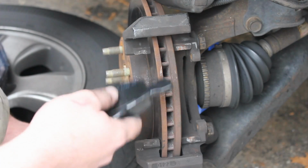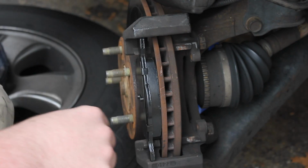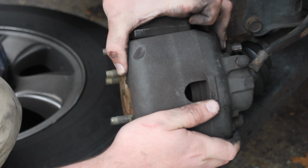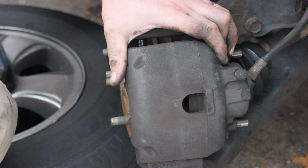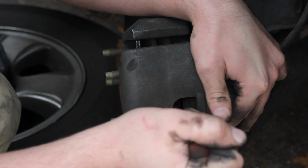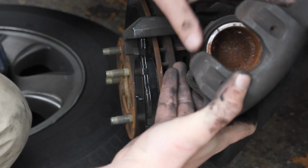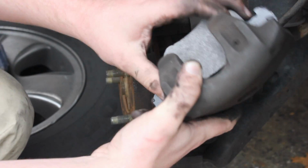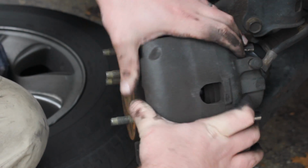Okay guys, now the next thing we're going to do is go ahead and compress the piston all the way back in. So I'm going to take my new pad right here, set it right there, and then I'm going to leave the other pad out. I'm going to set them in. Let's see. Oh, I gotta make sure my bolt's sticking out there. I'm gonna set them in like that, and then I'm gonna take my screwdriver and wedge, slowly compress them there. Let's see if we did anything there. We might have to. Let's try this. We're gonna put our new pad back in like that. And then